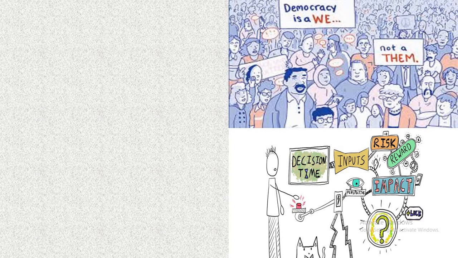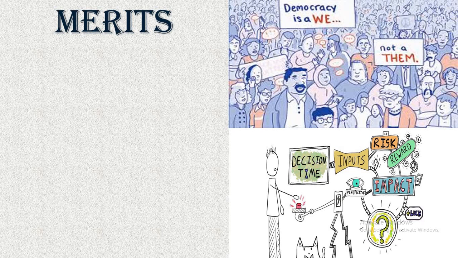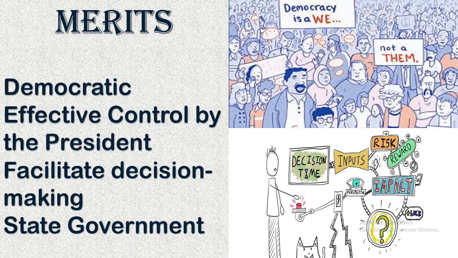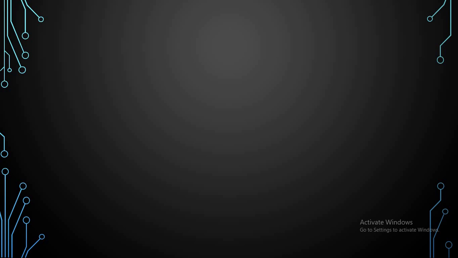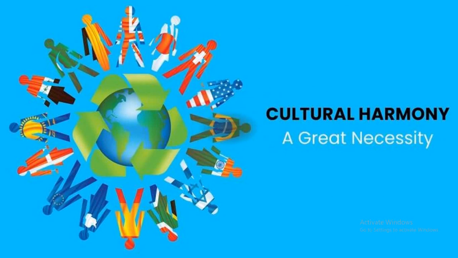The democracy says it's we and not them, and also has some sort of impacts in it. We'll see the merits of the presidential form of government. It's used in democratic countries with effective control by the president, who facilitates and makes decisions of his own with the central government. The demerits: